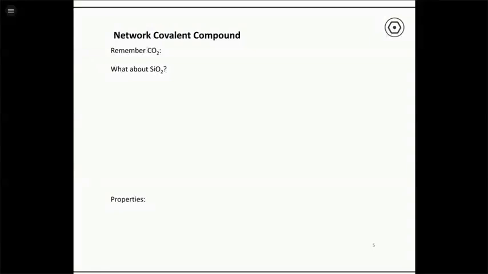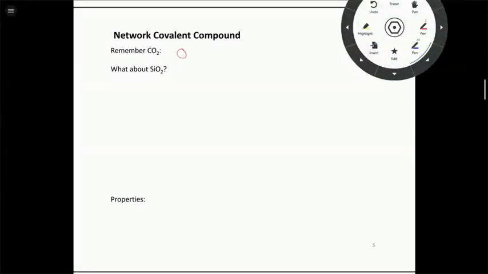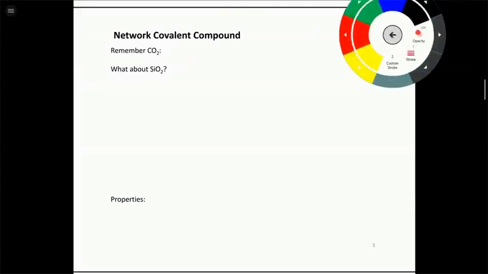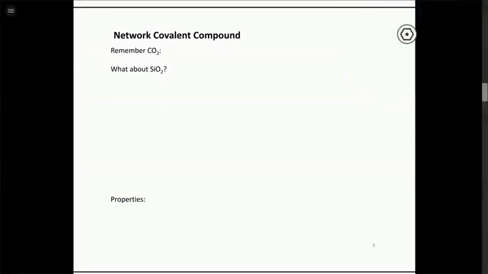So let's think about carbon dioxide versus silicon dioxide. Now we know from many examples in this course that carbon dioxide has a linear structure with 2 carbon-oxygen double bonds. Right, so it's going to have this structure here. 2 sigma bonds and 2 pi bonds in total. And we know that it's a nonpolar gas.